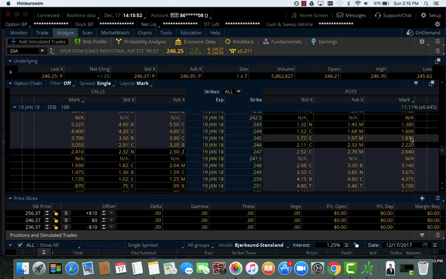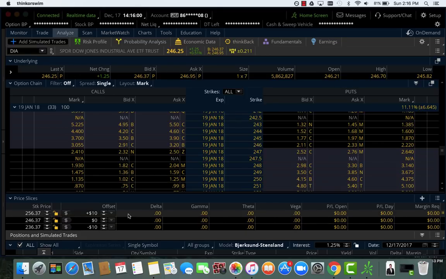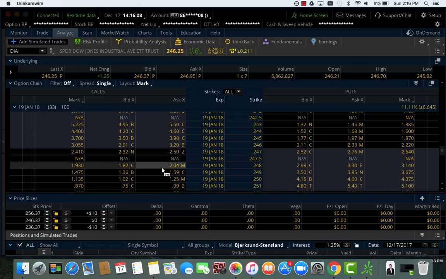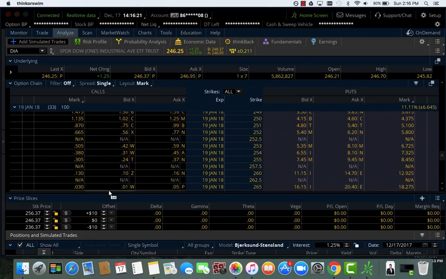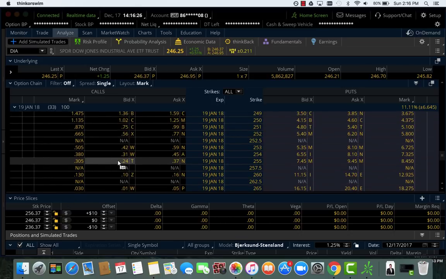The difference between the price for puts and calls that are the same distance away from the current price of the stock. So what I've done down here is I've tried to locate the strike price $10 above the current price of the stock and $10 below. That gives me the same distance away from the current price of the stock. So if we go to the call $10 above the current price of the stock, we're looking for the 256 call. Well, let's call it the 255 strike.